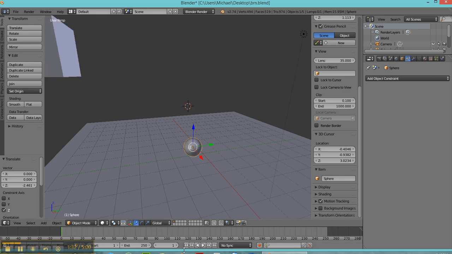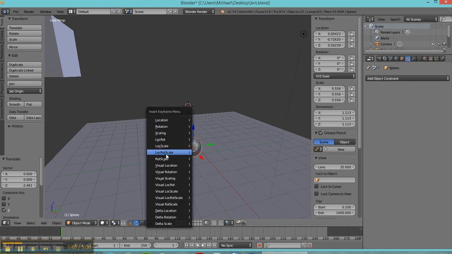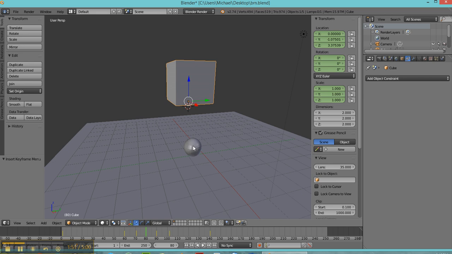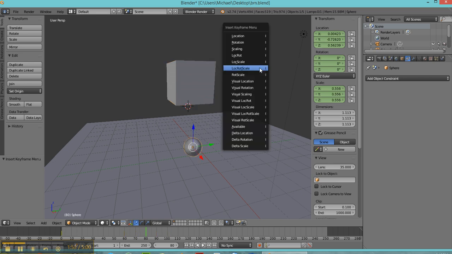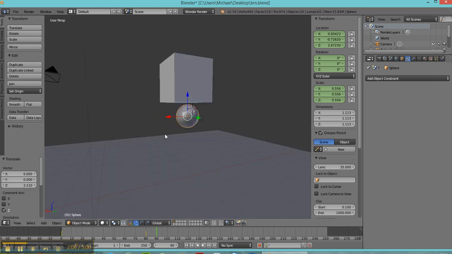So I'm going to scroll back to frame 0 and I'm going to lock the position. I hit I, insert keyframe, lock scale, and then on frame 80 the ball is still going to be static. So I'm going to press another keyframe insertion. Boom. Then on frame 90 is where this ball is going to be moved upwards. So I'm going to move it upwards, pretty close to where I want it, and I am just going to insert another